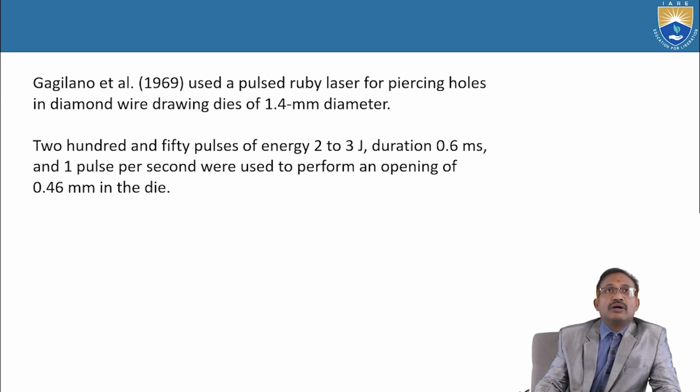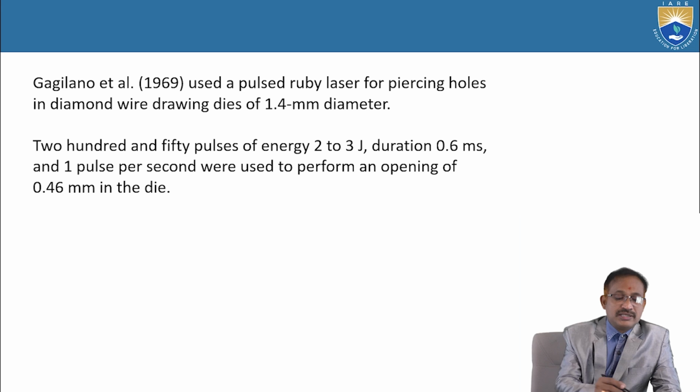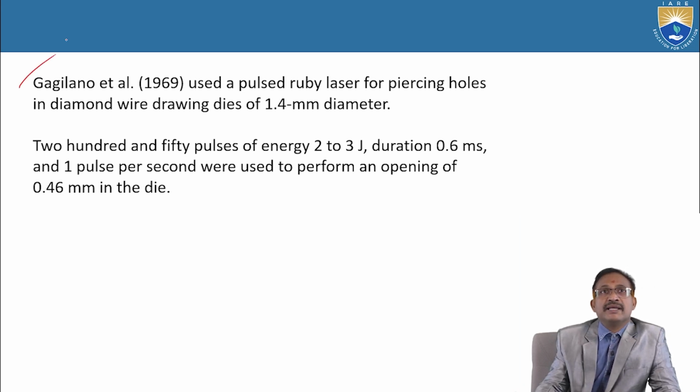Gagillon experimented and reported that 250 pulses of energy, 2 to 3 joules, duration 0.6 milliseconds, and 1 pulse per second were used to perform an opening of 0.46 millimeters in the die. So that is the report by Gagillon during